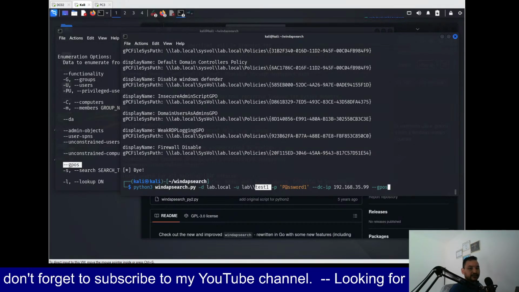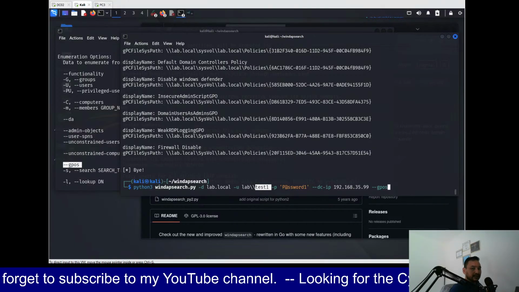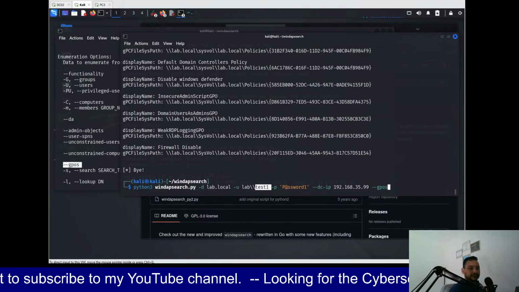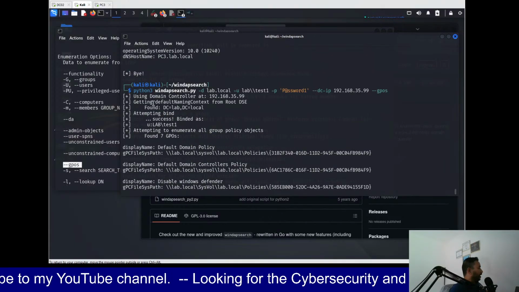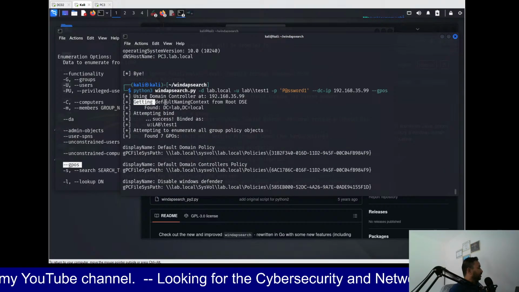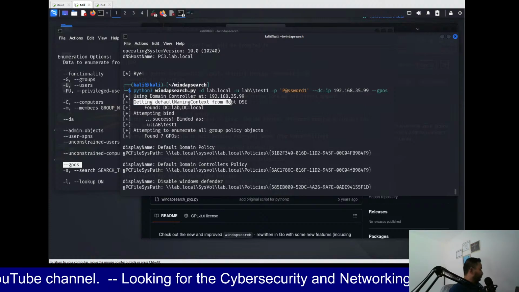All right, so now the other thing I want to show you is, if you see, this is getting the default context for the root. All right,